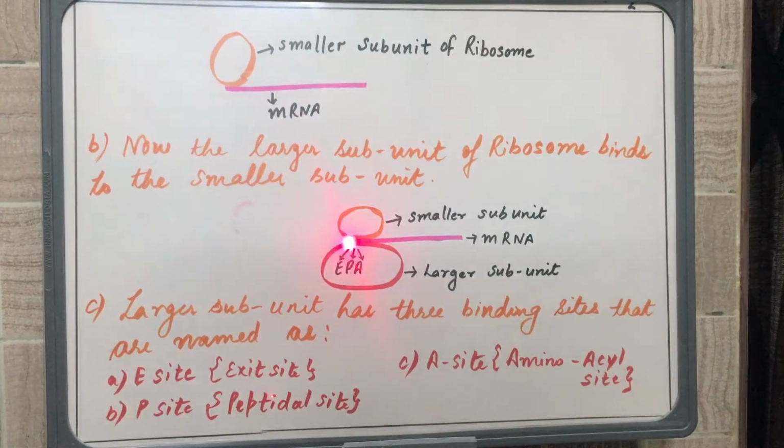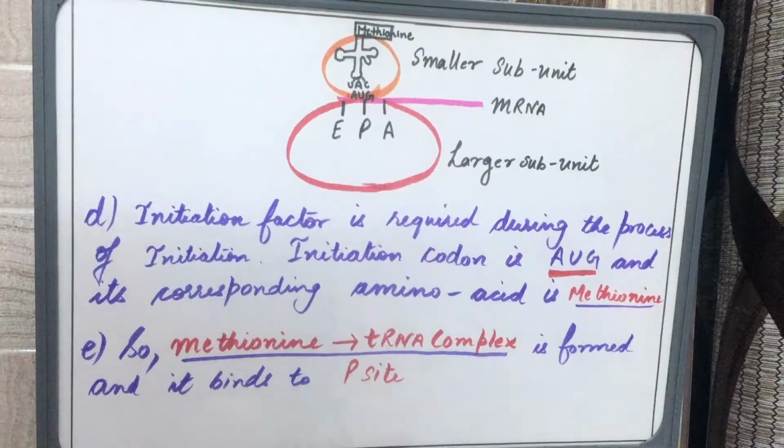Again I am repeating, the larger subunit has three sites, E, P and A. First the smaller subunit binds to the mRNA, then it binds to the larger subunit. The whole process of initiation requires an initiation factor. Now on this P site